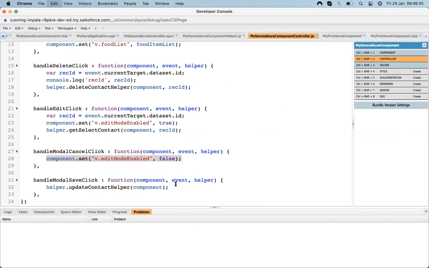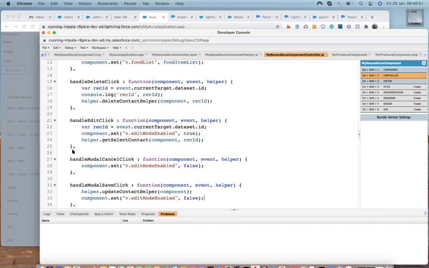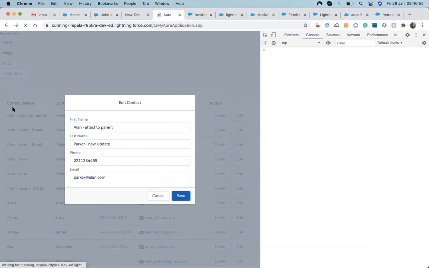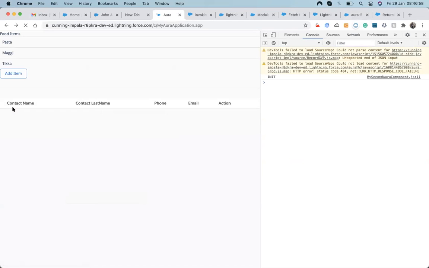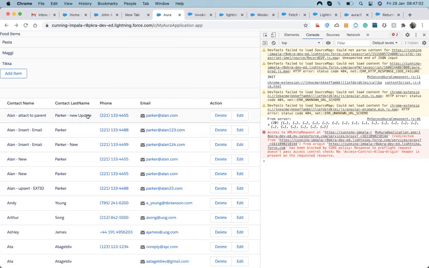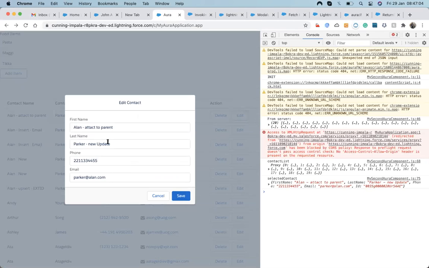So I will come up here and just make it false, so that the model gets closed and records get refreshed. I refresh it. It's updated, but it's not coming up here. So let's make it update twice and hit save.